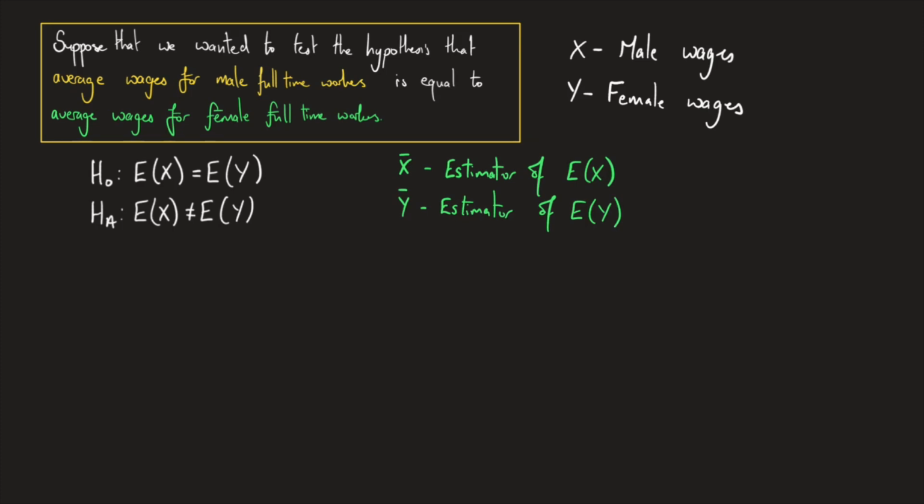Now, when we carry out a test, whether in Excel or whether we do this manually ourselves, we need to have a way of evaluating this null hypothesis. It's probably easier to try and get all of the things that we're estimating on one side of the equation and a number on the other side of the equation. So we can rewrite this null hypothesis to be written as